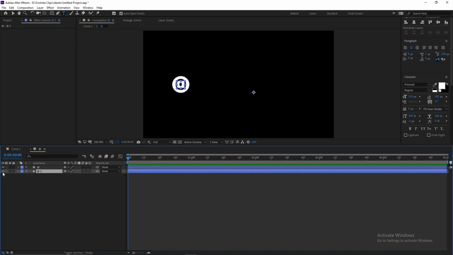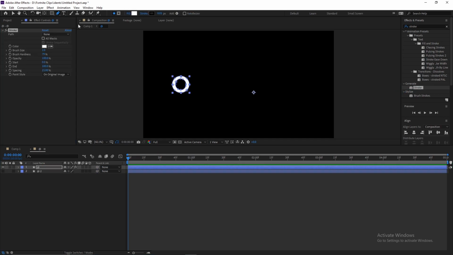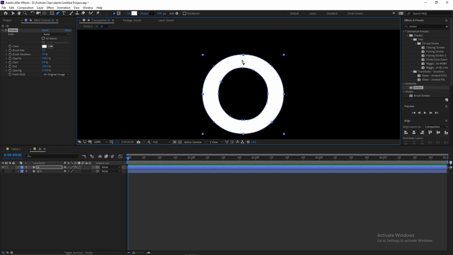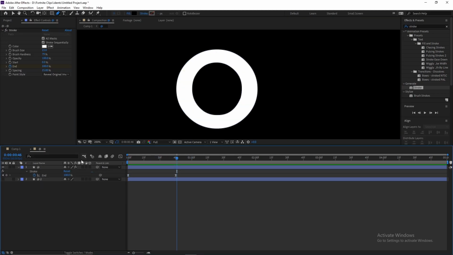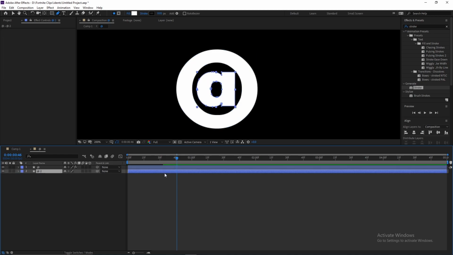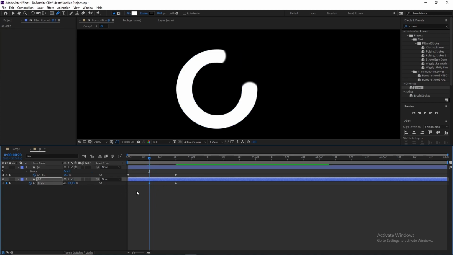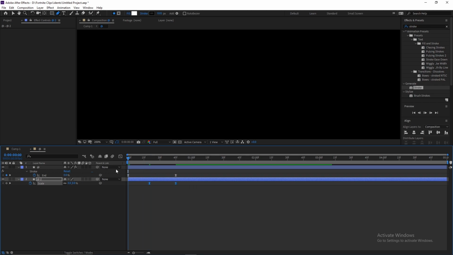So now first of all we'll do the circle. Just drag in the stroke preset and make a circle this time. And after you're done with the ring, just go into A, press S on your keyboard for scale, and for this you only need 45 frames, not 1 second, because otherwise it's gonna be really slow. So go about here, keyframe the scale, put it to 0, F9 on your keyboard,